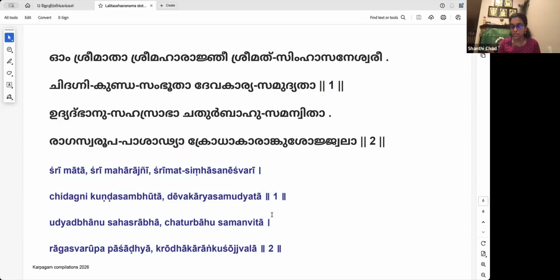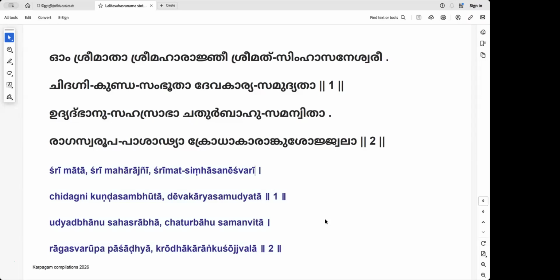Yeah, sure. Actually, there are a lot of good sites with meaning. But what I'll do is next class onwards, if I can spend the time, I'll put the word meaning also here. But this is still work in progress, so I may not be able to share the entire PDF, entire text. But as and when we learn, we'll put that here on the screen. Okay. So when those slides I can share, or we'll figure out something. But thank you for the feedback. So you can have it as your class.